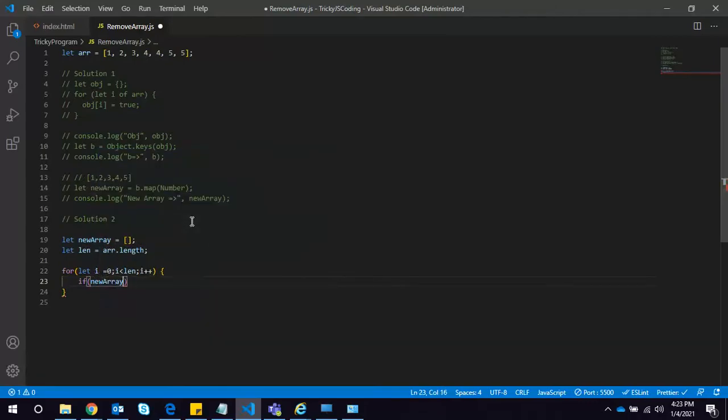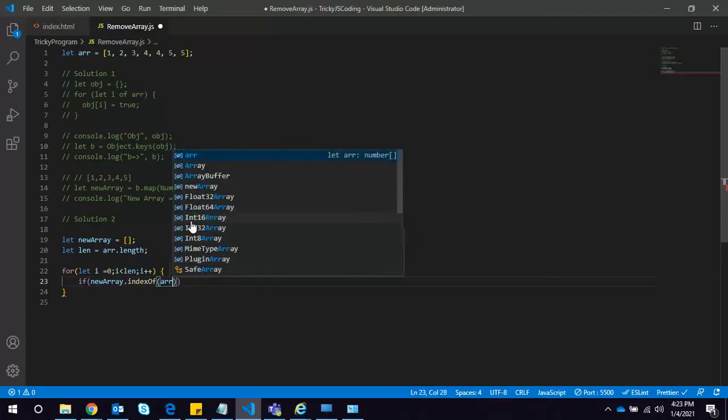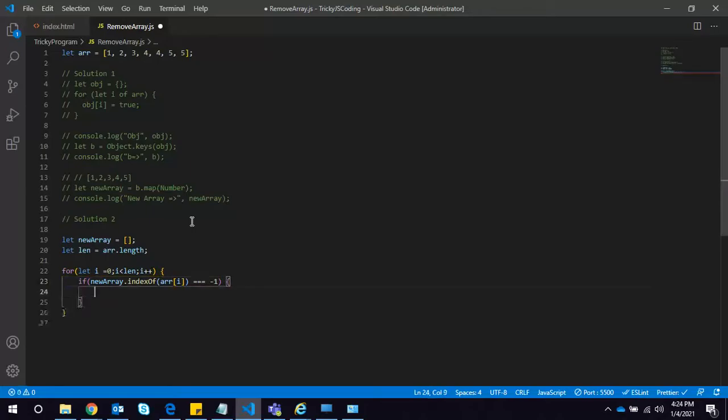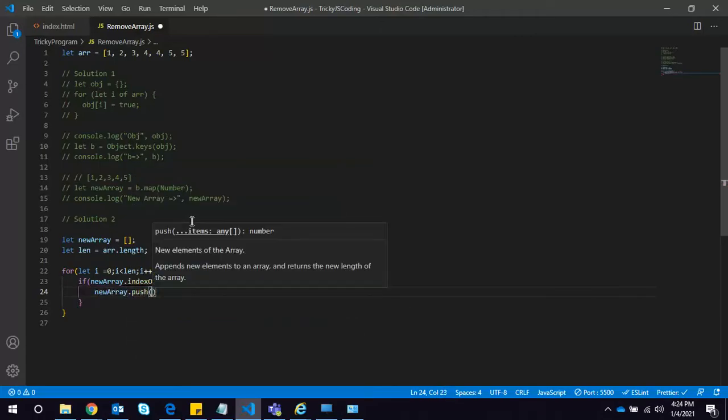If new array's indexOf array[i] is equal to minus 1, then we want to push into this array.